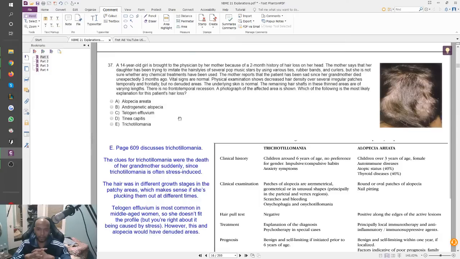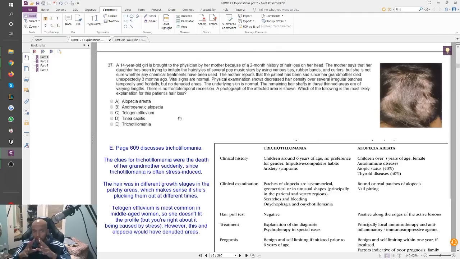Right, it's a 2-month history of hair loss. The mother's making this thing up, right? The mother says that her daughter has been trying to imitate hairstyles. No. The mother reports that the patient has been sad since her grandmother died unexpectedly 3 months ago. Vital signs are normal. Physical exam shows decreased hair density over several irregular patches,